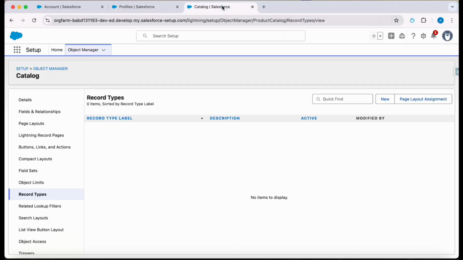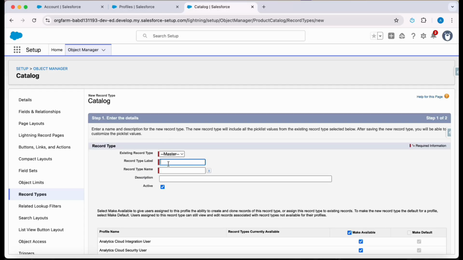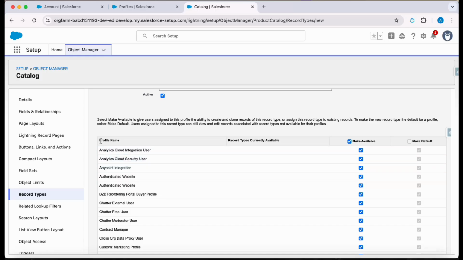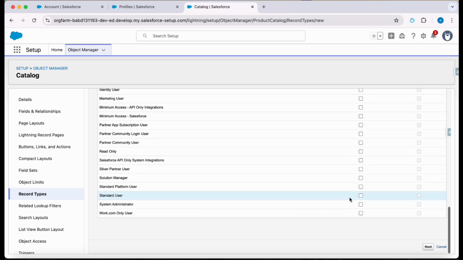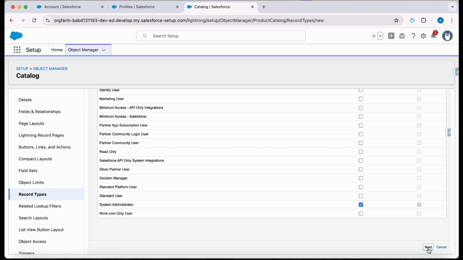But now I'm going to create a new record type here for the catalog, and let's say I have one catalog for AMERS region. While creating the record type, I can decide to mark it active, and if I want to later mark it inactive, I can do that. And here, the other thing I have is to set the availability of that record type at the profile level. Let's say I do not set it to be available at any profile other than the system admin profile. So I just click on next,